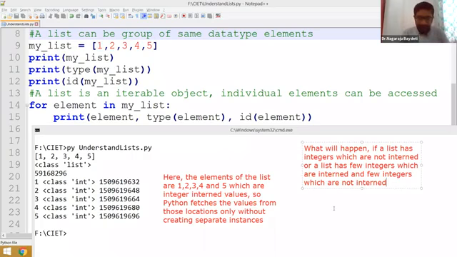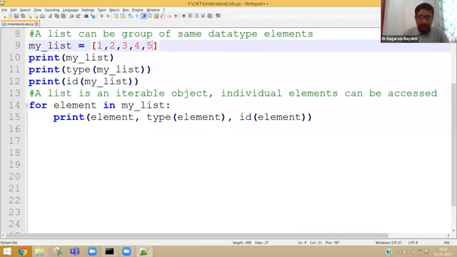Now, let us go further and change the example with the values -3, -2, -1, 0, 1, 2, 3, 989, and -9. 989 will not be interned, and -9 definitely is not interned.